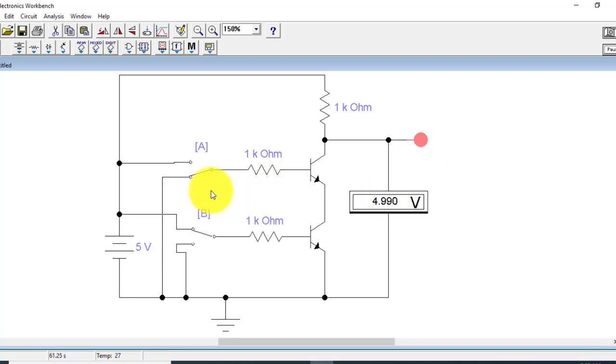So there is only one possibility in which the current will flow to the ground, that is the 1 1 possibility. And if I press 1 0, the output is again 1, because this transistor is in non-conducting mode, so the voltage is appearing on the voltmeter. And if I apply 1 1, now both of the transistors are in conducting mode and all the current will flow through these transistors to the ground, and the output voltage is almost 0, at logic low.